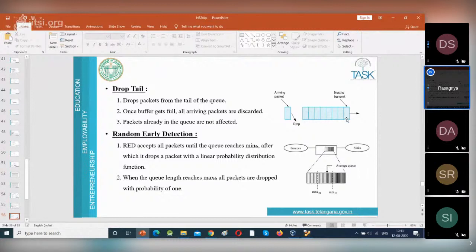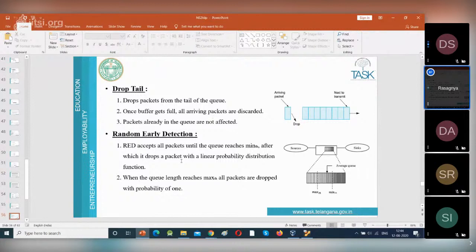This is called the head of the queue and this is called the tail of the queue. The packets from the sender will be kept in this queue. When this queue becomes full, the arriving packets will be dropped. That's why we got packet drop from the tail of the queue. When the queue gets full, it will drop the packets continuously. So this is done in drop tail.